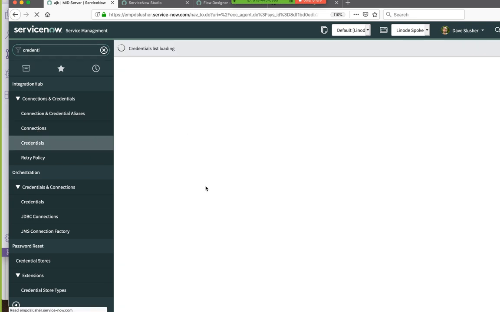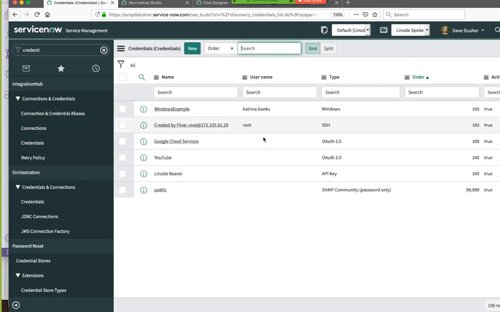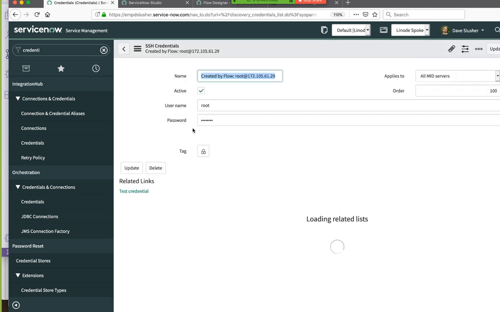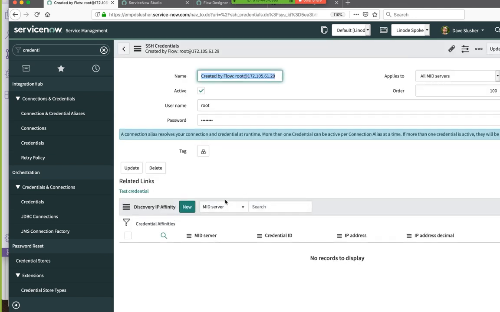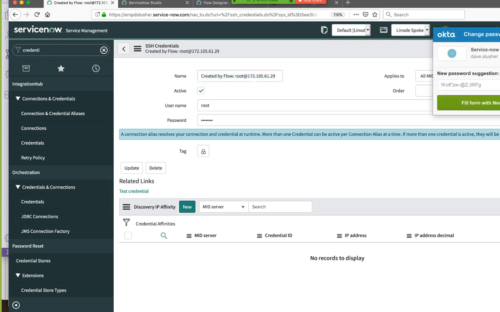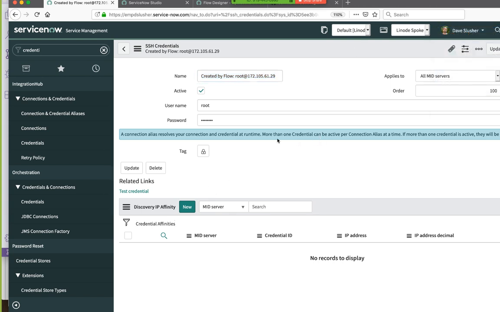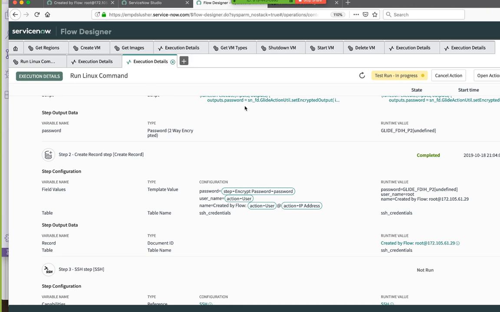It appears that we in fact have a credential record of type SSH credential. It's a username and password. So that part doesn't seem terrible. We don't know what's in there, and we don't have a way of seeing what's in there, I don't believe.